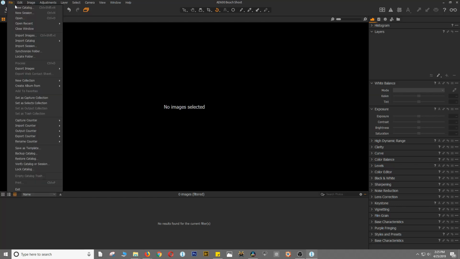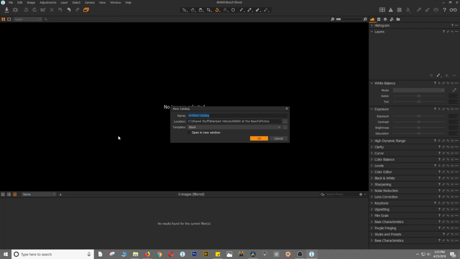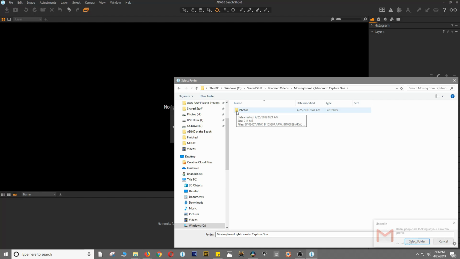Okay, so File, New Catalog. Now, this assumes that you already have a set of images on your hard drive somewhere. So I'm going to name this Tutorial for Lightroom to Capture One. Pardon, you can hear the typing of the keys on the keyboard. And let me just change this location. I already have some photos right here. So I'm going to click on Photos as my folder where my photos are and where I'm going to put